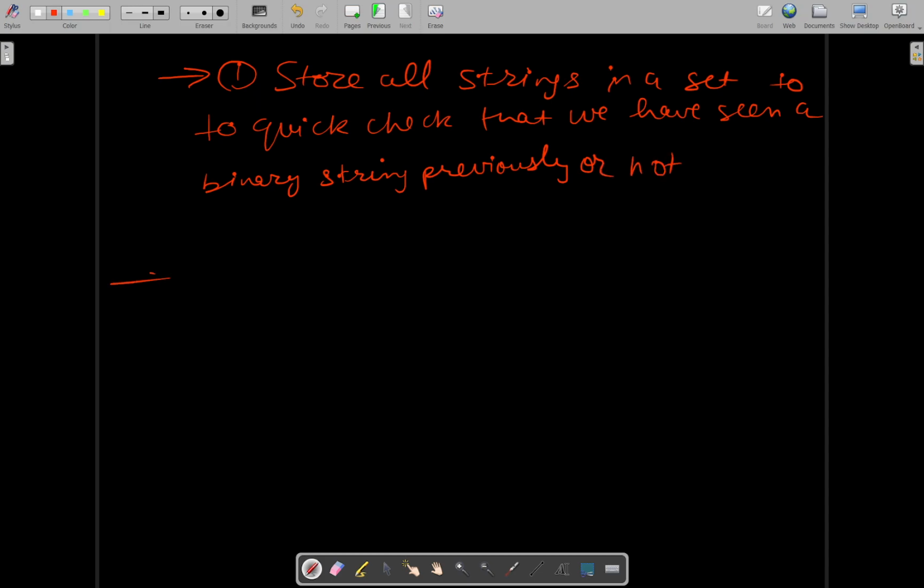And then what you can do is you can use recursion to find out all the strings